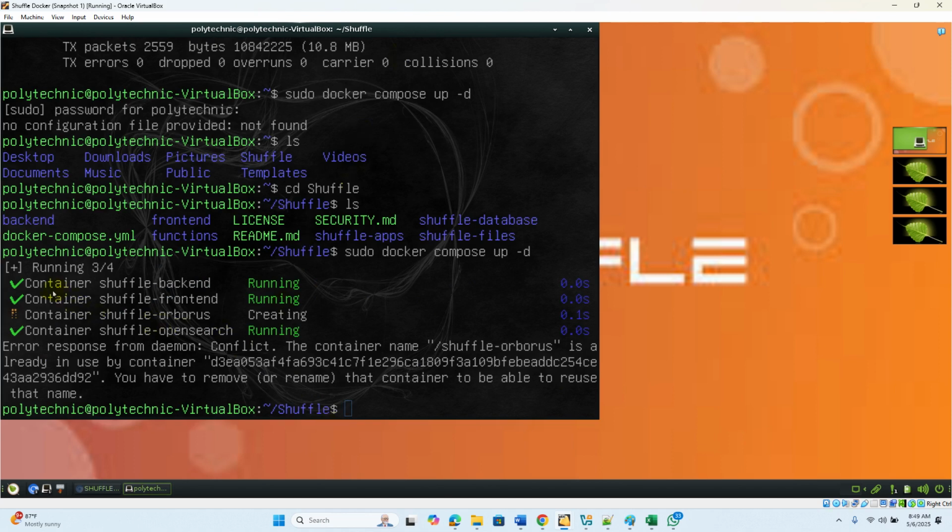So it's running now. Shuffle backend running, Shuffle frontend running, and Shuffle Orborus is being created. These are very important. Note down, there is no error condition here. So once you have started the Docker image,